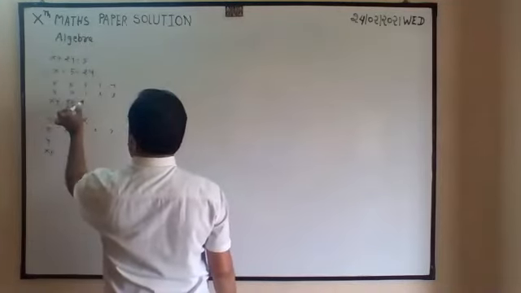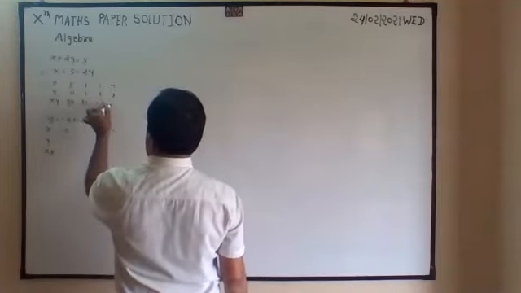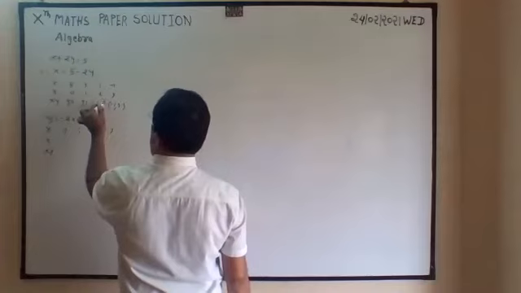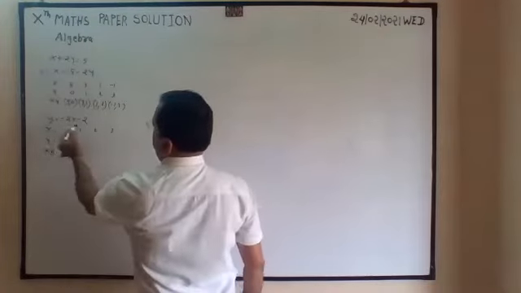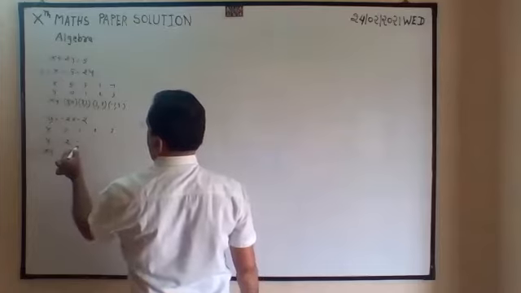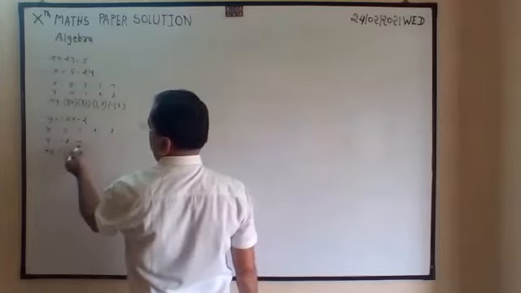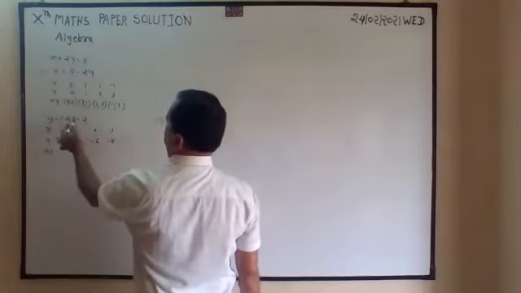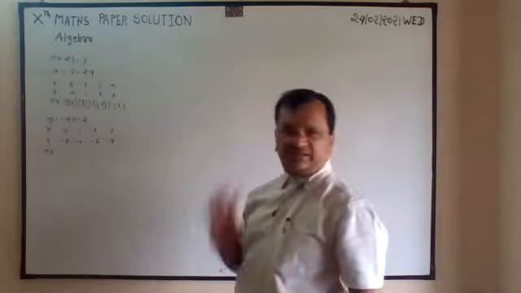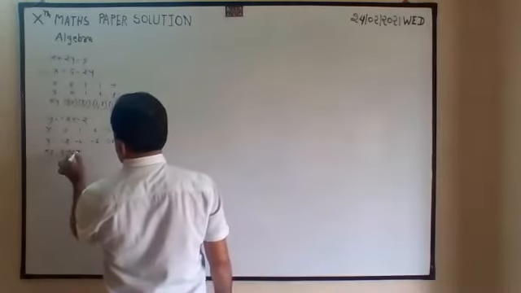So the points are (5, 0), (3, 1), (1, 2), (minus 1, 3). Now x is equal to 0, so y is only minus 2. x is equal to 1, so minus 4. See, again a decrease by 2. Then minus 6, minus 8. We will get it in sequence.